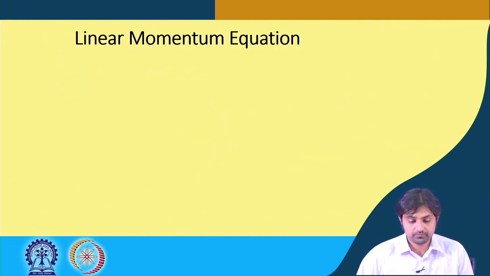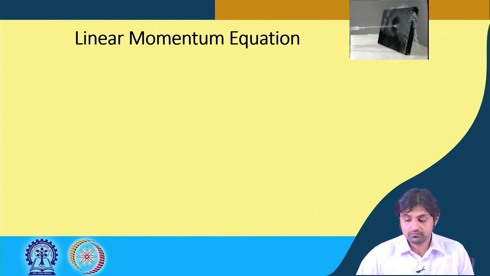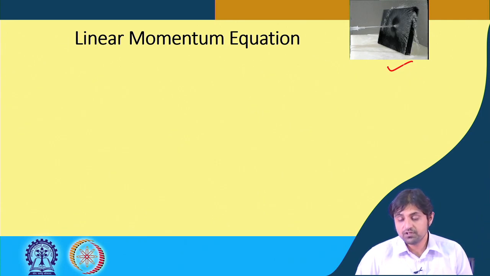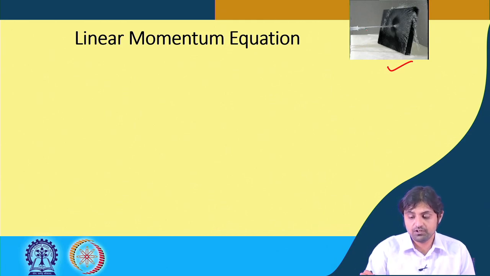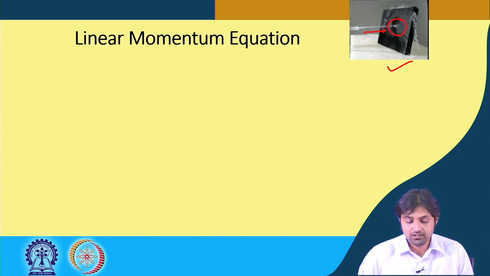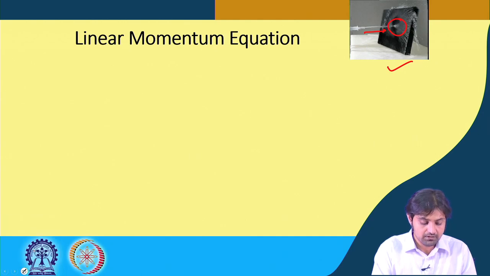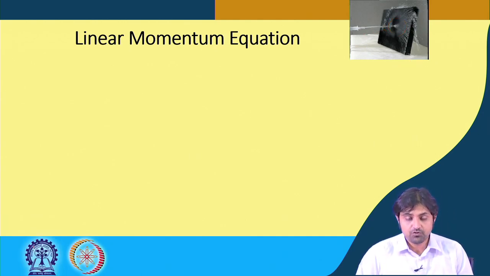Great. So, now the linear momentum equation. An example here, if you see this figure, is, suppose you shoot a water jet onto a wall. This is one of those examples where linear momentum is associated. There is a velocity with which water is approaching, and when it touches this wall, it comes to rest. So, here we can actually apply the conservation of linear momentum. As I said, we are going to use the same concept of Reynolds transport theorem for the linear momentum equation too. Okay.